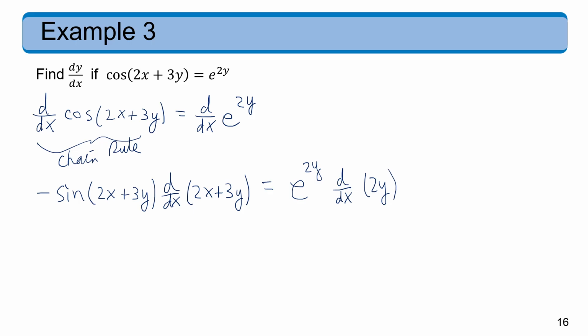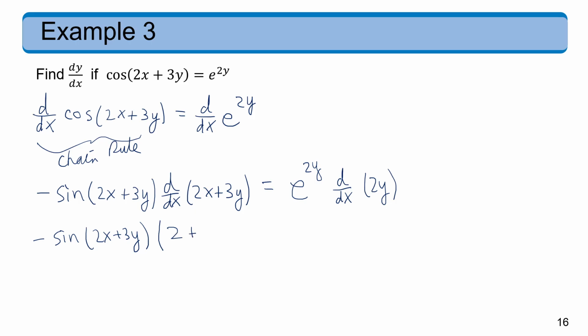Now in the next step we have two derivatives to do. So we keep this first term as it is. Now this next derivative is over a sum, so we can go one term at a time. So starting with the 2x, derivative of 2x with respect to x, that's not mixed variables, so it's just a normal derivative. So that would be 2